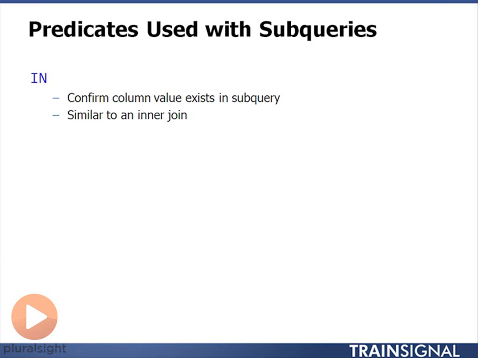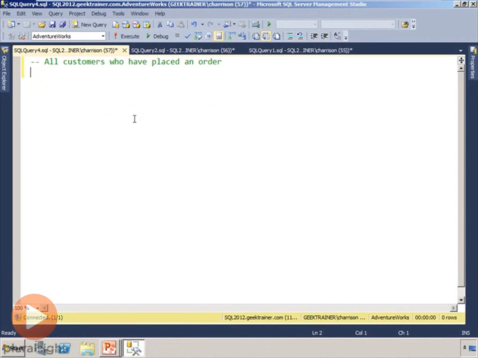When putting subqueries into a where line, it's very common to use different predicate operators than just simply equals, not equals, etc. One of the most common is going to be IN. So for example, maybe what I need is a list of contacts that have placed orders. Let's take a look at how we could use the IN statement to find all contacts that have placed an order. And we'll say select, and let's say